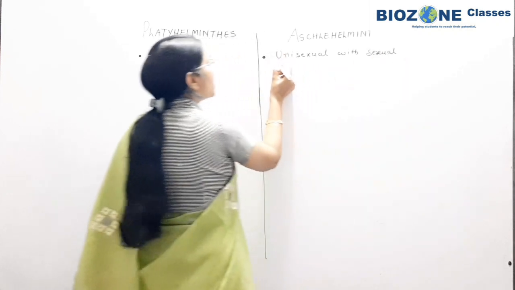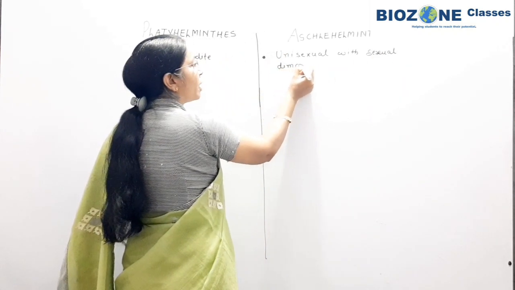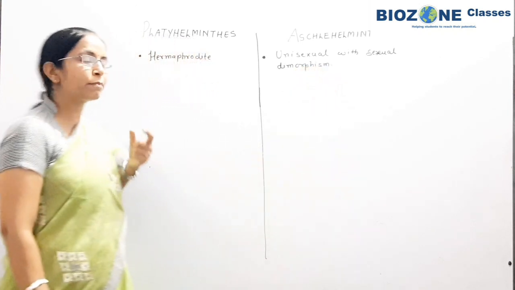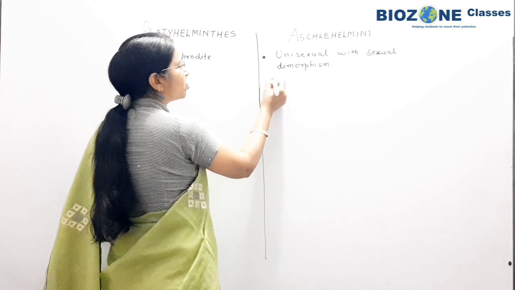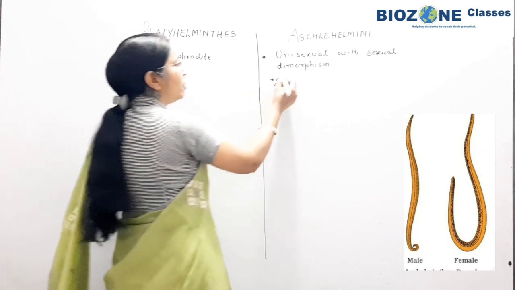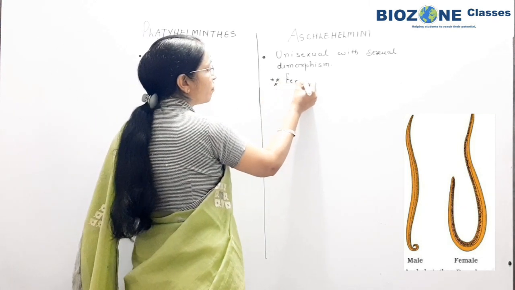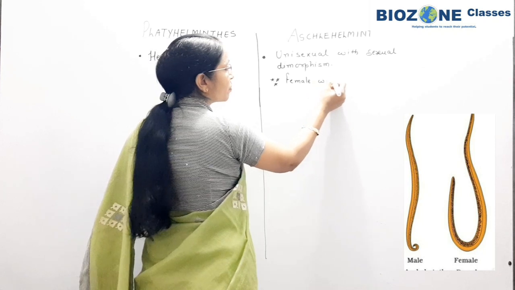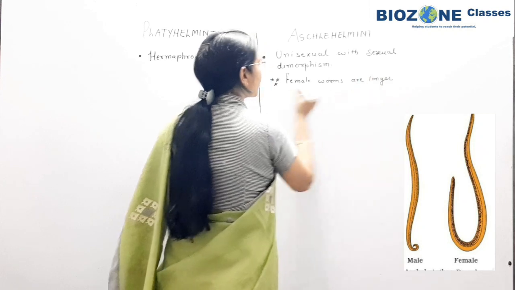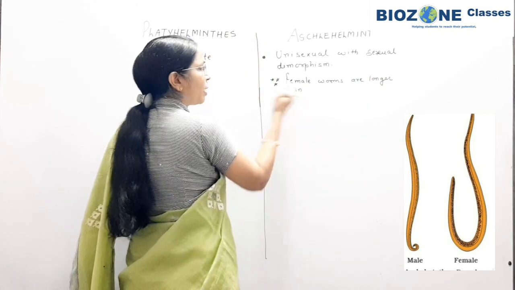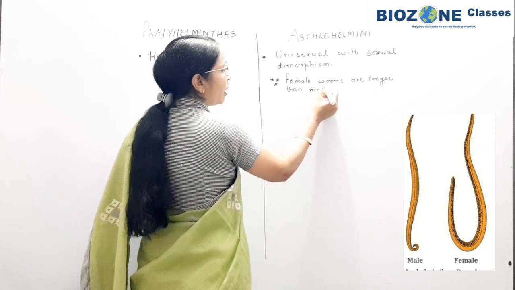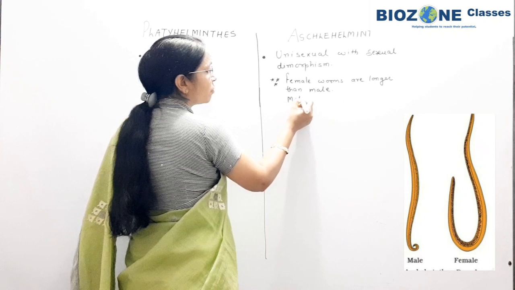That means on the basis of features one can differentiate between the male and female worms. So sexual dimorphism is present. For statement-wise true and false type of questions, remember: females are long, female worms are longer than male. Again, go through the diagram for this part. So female worms are longer than male, and secondly the male worms